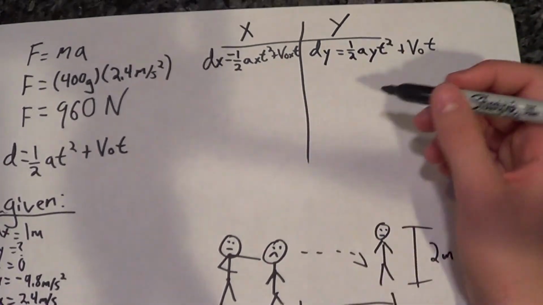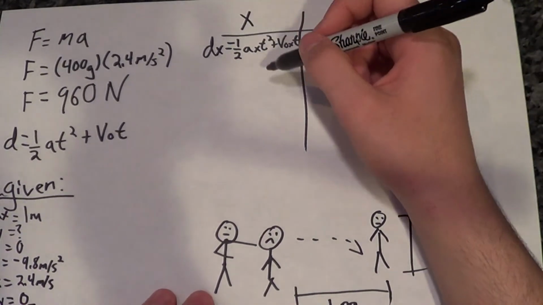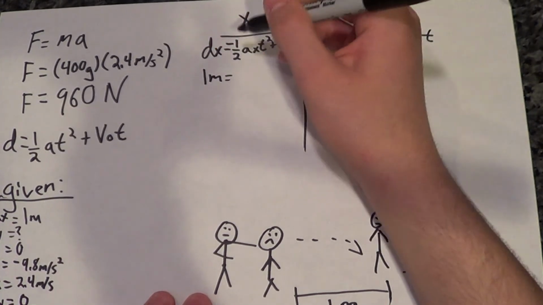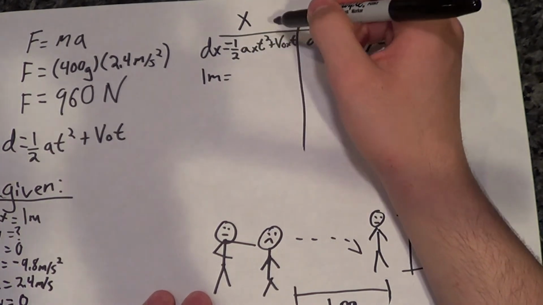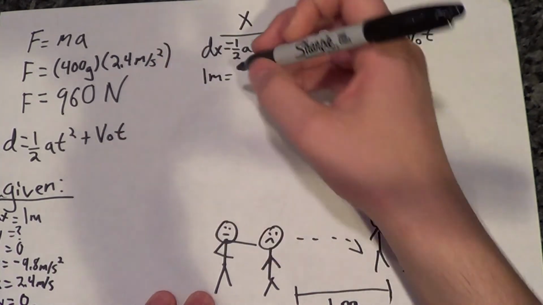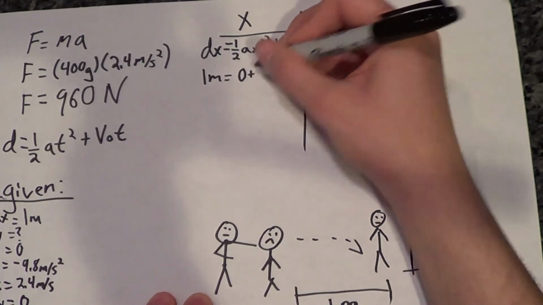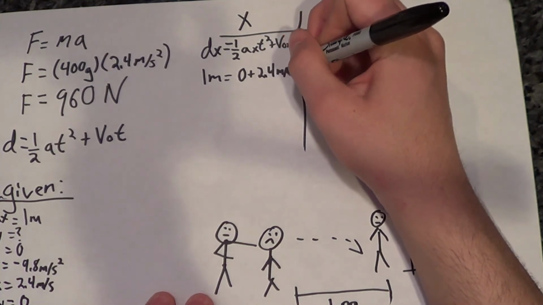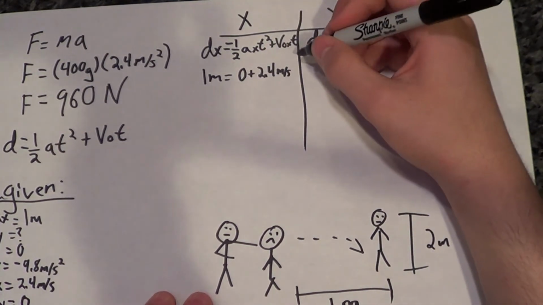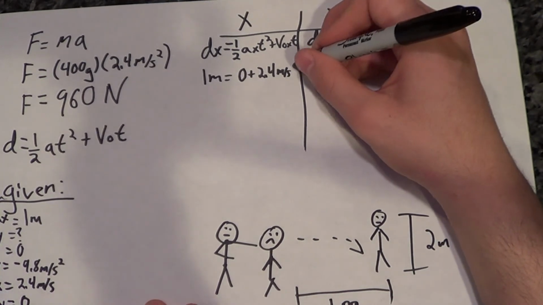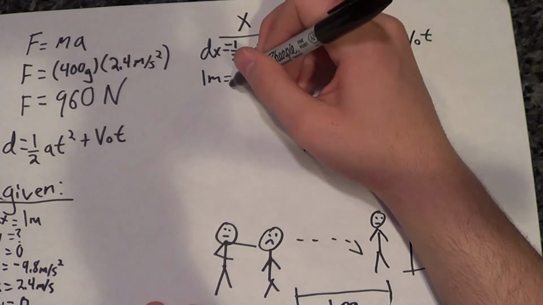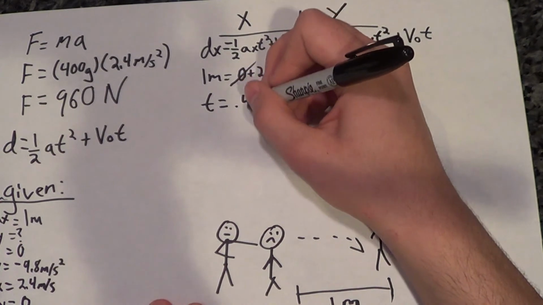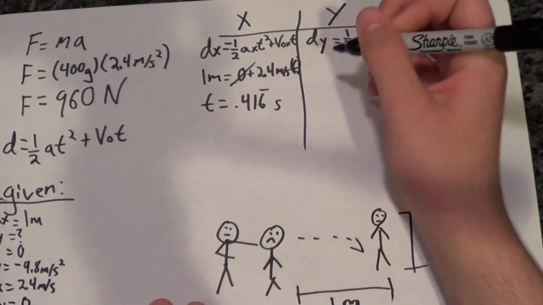So now I'm going to start by solving for time here. So I just input my values, whatever I have, to find what's left. Distance in the x direction is 1 meter, which equals 1/2 a_x t squared, but since acceleration in the x direction is 0, I can just write that whole thing as 0. Plus velocity in the x direction, 2.4 meters per second, multiplied by time, whatever that is. And now I cancel out the 0, and I'm left with time, which is 0.416 seconds with a repeating 6.